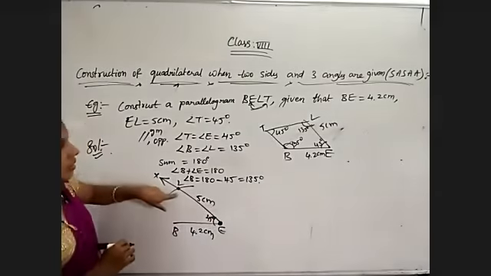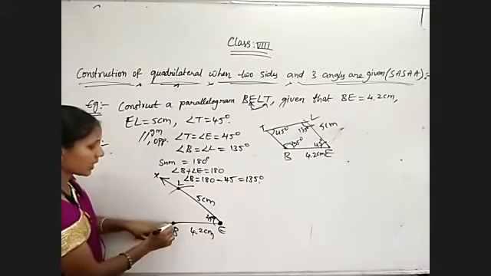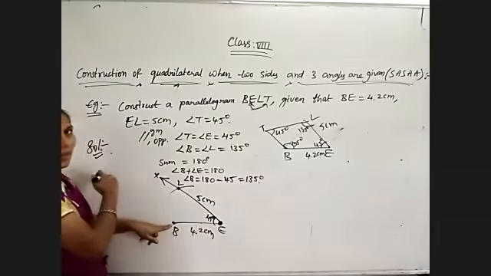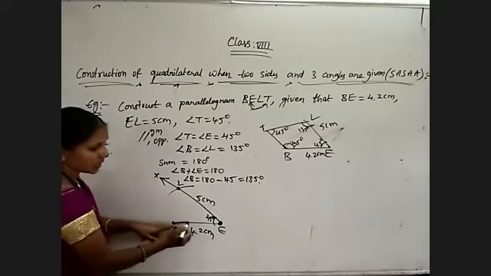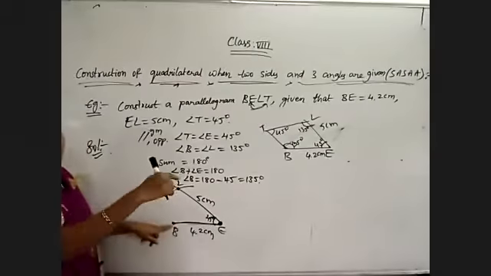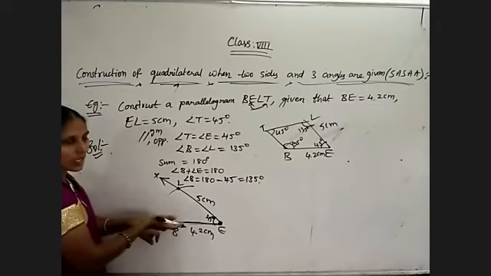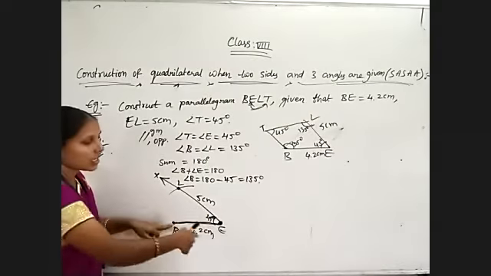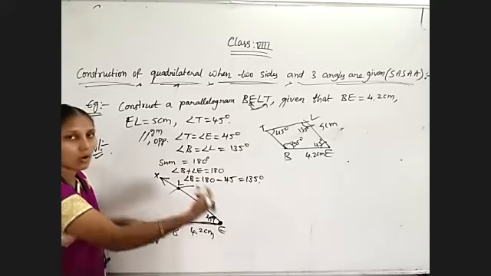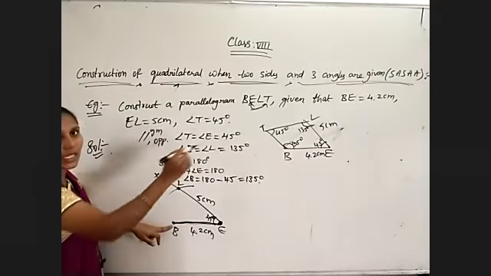Now place the protractor at B. Construct 135 degrees. Like this, we take the down values because it is spreading to the right side. Right side, down values; left side, upper values. Now I am placing this side, meaning the remaining half. This line segment is lying on the right side, so which values do I take? Down values. So how much inner value do we have to take? 135 degrees.